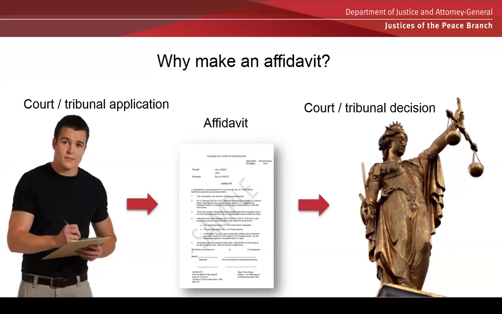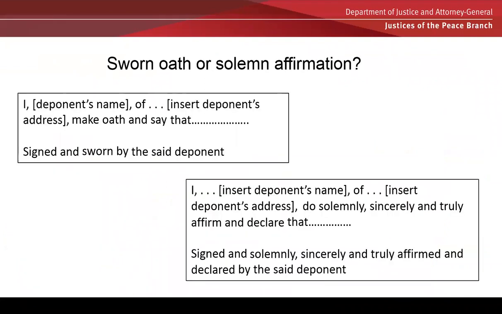And in that application, additional evidence can be provided to the court or tribunal by way of an affidavit to support their claim. So with the application will be the affidavit, and then the court or tribunal will make the decision. So our person here on the screen, before they submit it to the court, they will have to present it to a Justice of the Peace or a Commissioner for Declarations for witnessing, and they must swear or affirm the contents of the document.